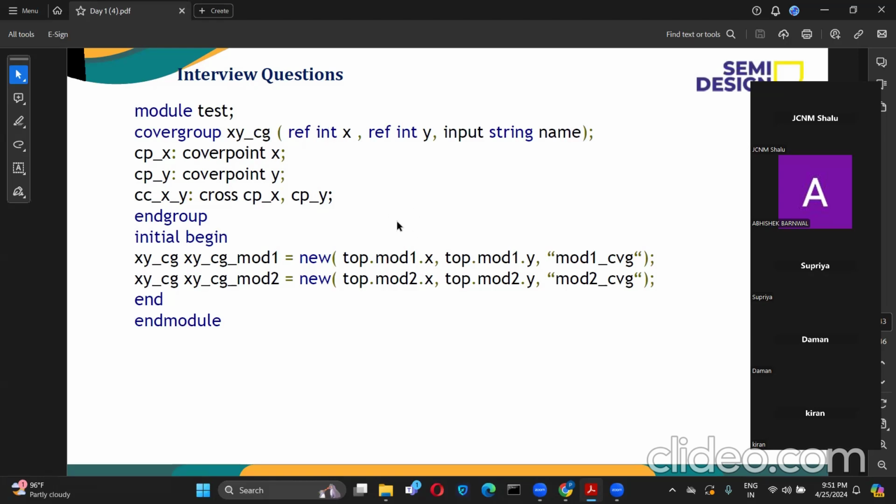And what do you think, passing the arguments will be useful? Why do we need to pass the arguments like this? Is there any use case you can think of? Any one of you can try. We haven't covered this, so just give it a try. You can be wrong also. What's the problem? If the same variable is there at different hierarchical levels, then I think this is useful. Okay. What about others?